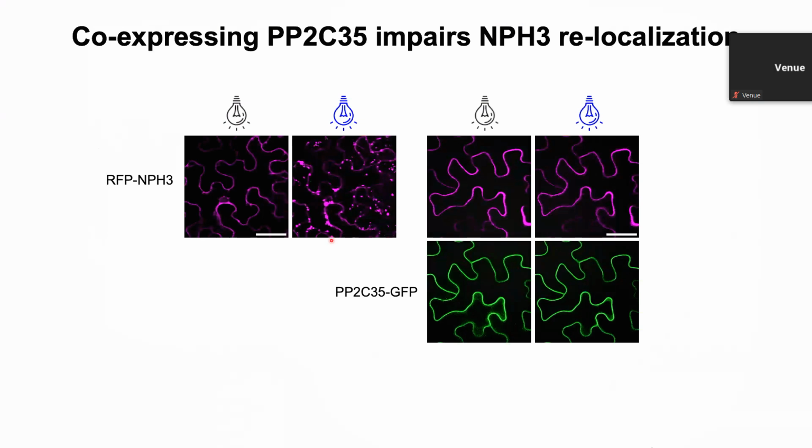And this is consistent with what we see if we co-express one of these PP2Cs with MPH3 in tobacco. So this is RFP-MPH3. You can see it relocalizes as we would expect in response to light treatment on the left. But if you co-express with PP2C35 here, you block this relocalization, and that's simply because you're dephosphorylating the serine 744 site. So you're mimicking that mutant serine 744A and blocking the light-dependent release from the plasma